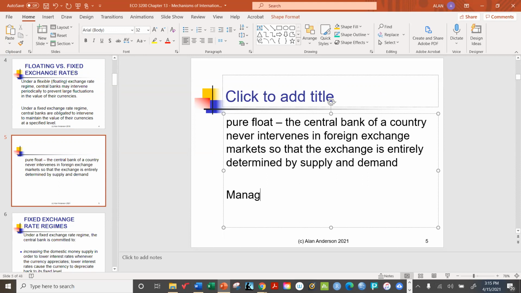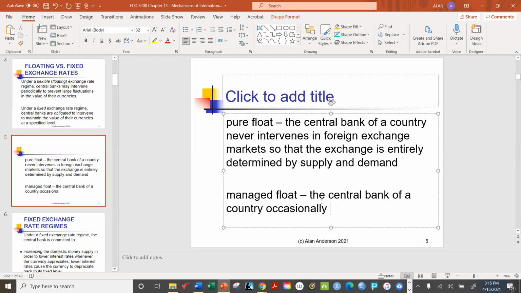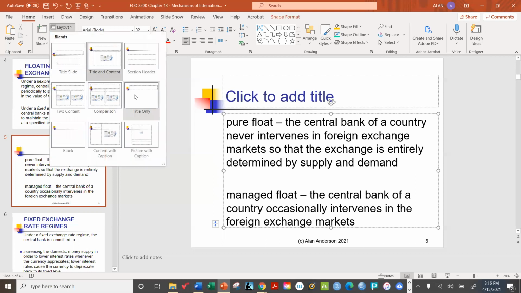A managed float means the central bank of a country occasionally intervenes in the foreign exchange markets. Even then, though, it's usually only in response to large fluctuations in the country's currency. In other words, they don't normally do this unless it is becoming a problem. For example,